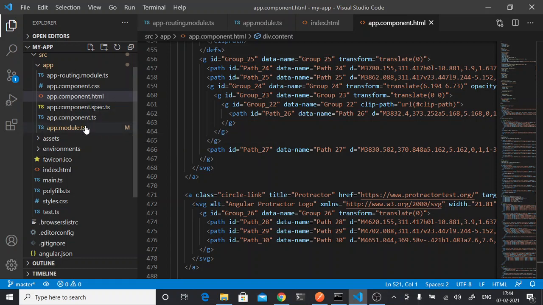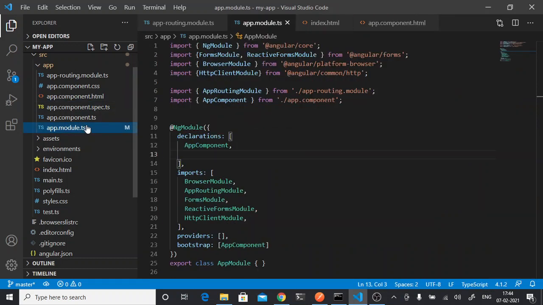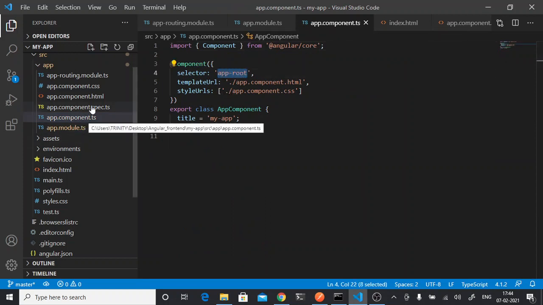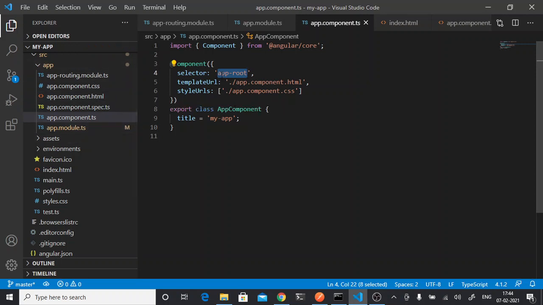It is defined by us, or you can say by the Angular people. In component.ts you can see the selector they have given. So any component, you can call by using this selector as an HTML tag in your HTML file, and you can access that particular HTML.